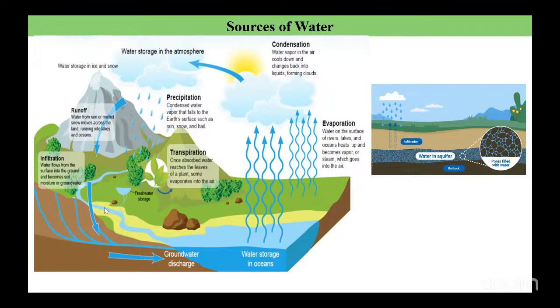Once the water gets infiltrated into the ground, the water will get recharged. The water level under the ground will be increased. So the water will also be trapped due to the infiltration. That is, the first layer of the earth will be the soil, and the water will also get trapped under the rock materials. The pores filled with water are called an aquifer. So now aquifers are present in the water.